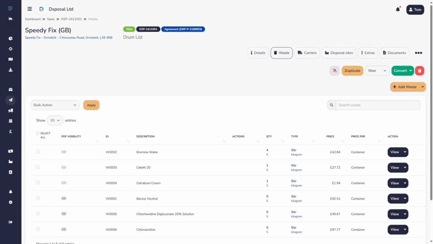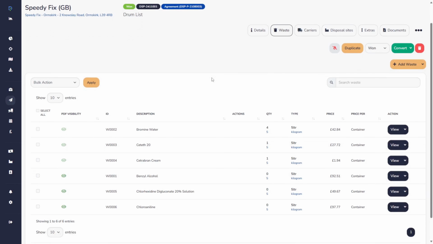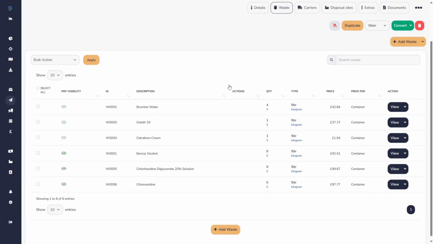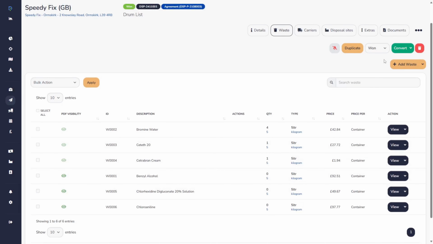SpeedyFix have a number of wastes on site, and we can create this drum list. And we've gone to site, and we've got some information about it. As you can see here, there are 6 different wastes, and they're all in 5 litre containers. They've all got different prices against them as well. So what we can do is, as normal, go to convert and create a job out